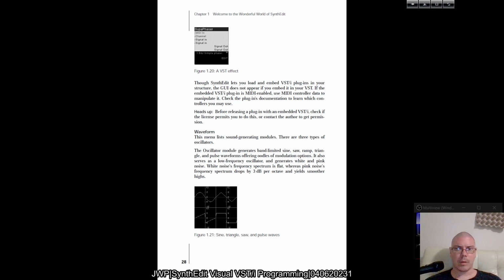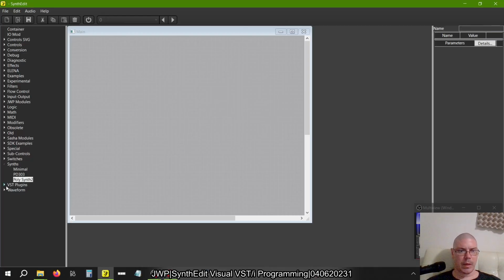Though SynthEdit lets you load and embed VSTi plugins in your structure, the GUI does not appear if you embed it in your VST. If you embed VSTi plugins is MIDI enabled, use MIDI controller data to manipulate it. Check the plugins documentation to learn which controllers you may use. Heads up, before releasing a plugin with an embedded VSTi, check if the license permits you to do this or contact the author to get permission. So yeah, this isn't really